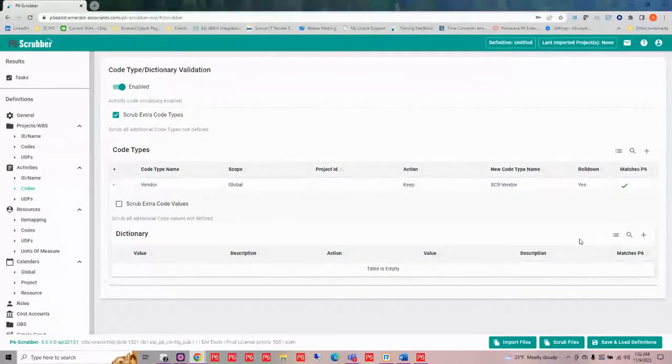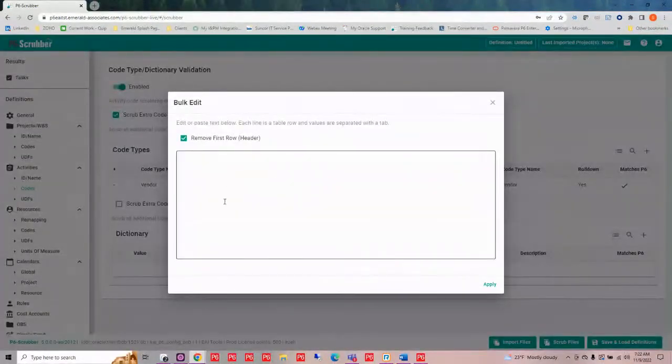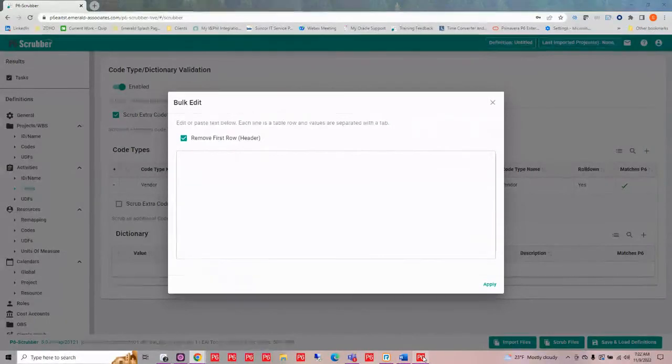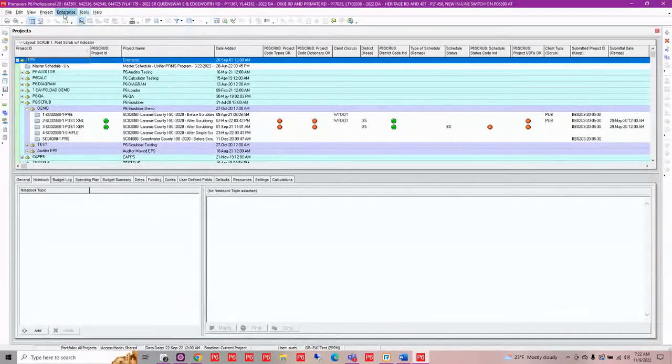However, if you're creating from scratch, a lot of times you have large dictionaries, or dictionaries that you have a list of. So we've enabled this bulk edit here. When I do my bulk edit, I can open this up. And let's say I want to grab the dictionary. I'm not connected to P6, and I want to grab the dictionary for that particular